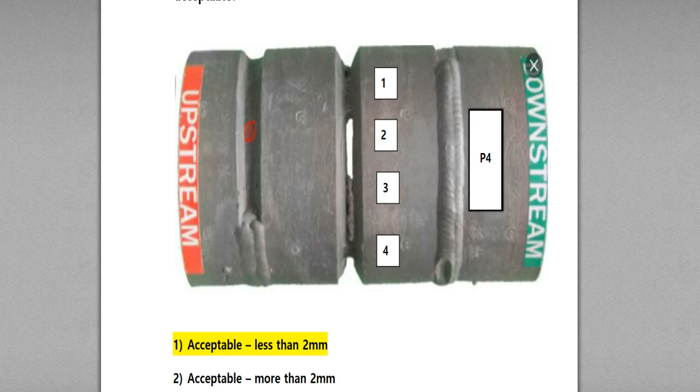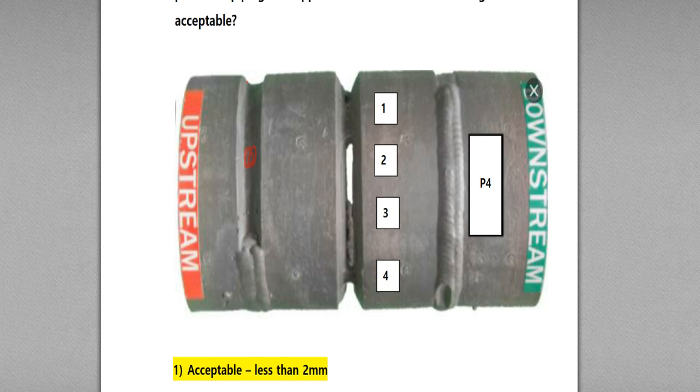Let's say the thickness of the pipe is 30 millimeter, and the measurement of this empty space in the joint is 10 millimeter,